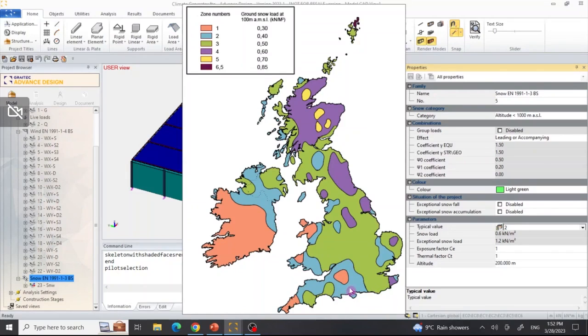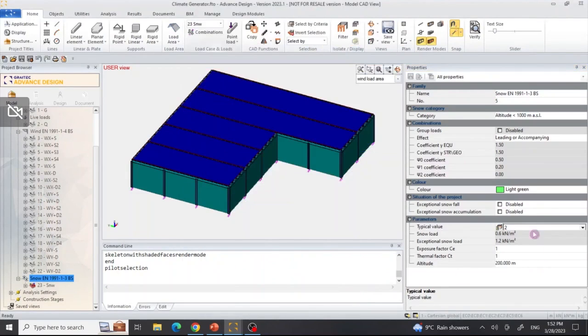Again, I'm selecting an area here in Southampton, so it's region 2, and as you can see, the snow load is calculated, the exceptional snow load is calculated as well. We have this option in Advanced Design to allow for exceptional snowfall or exceptional snow accumulation. In this case, I have disabled those two options, but if I enable those, you will see when I run the generator that you will get loads that correspond to this situation as well,